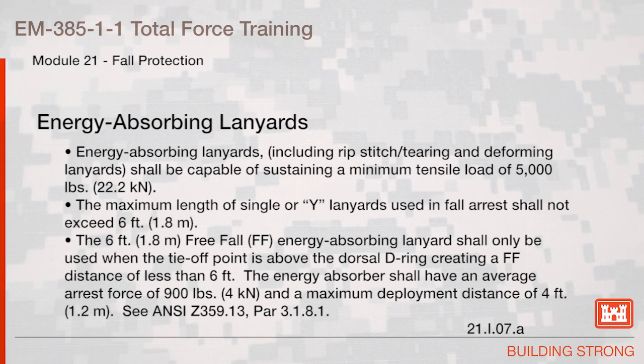The 6-foot free fall energy absorbing lanyard shall only be used when the tie-off point is above the dorsal D-ring, creating a free fall distance of less than 6 feet. The energy absorber shall have an average arrest force of 900 pounds and a maximum deployment distance of 4 feet. See ANSI Z359.13, paragraph